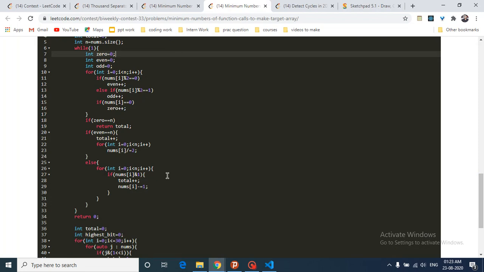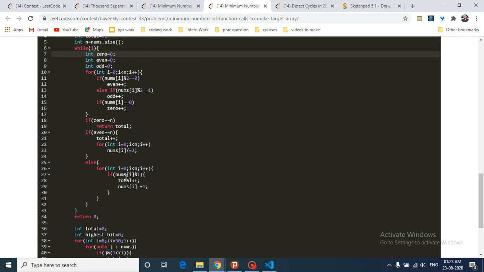Else, if every number is not even, you have to subtract 1 from the numbers which are odd, such that every number becomes even. So you iterate over all the n numbers and check whichever number is odd, because you are subtracting one from that number. For every one subtraction, there is one operation which is counted.